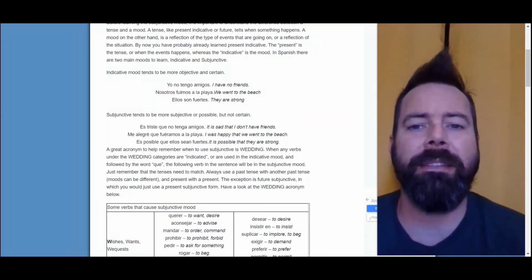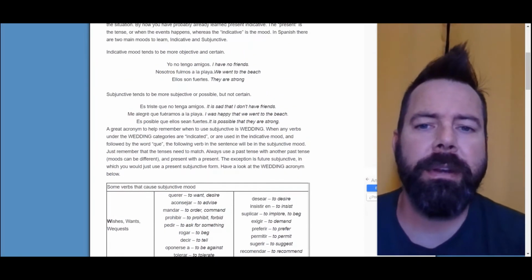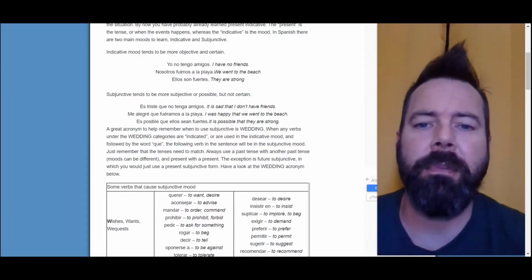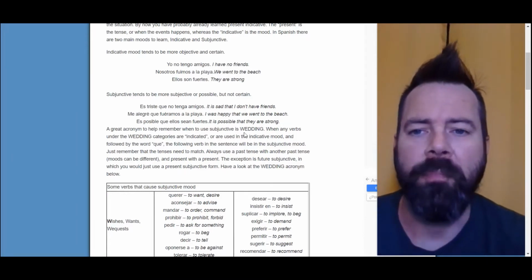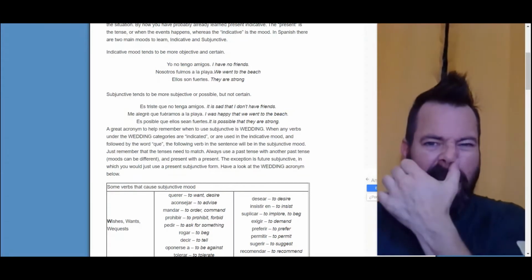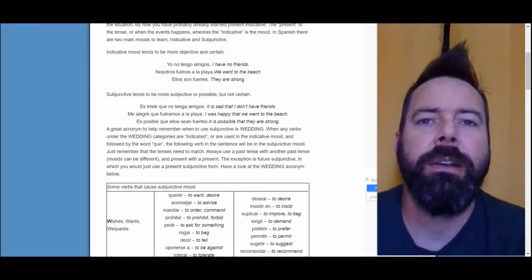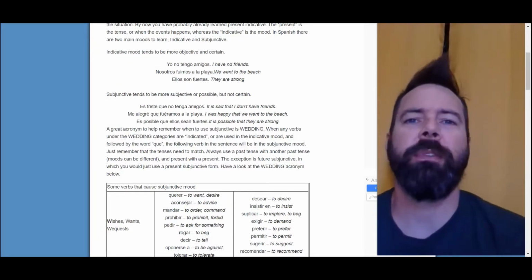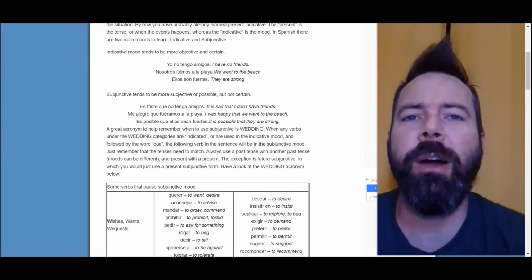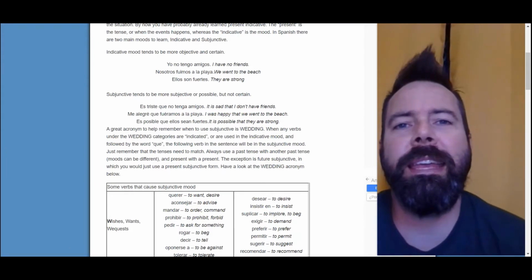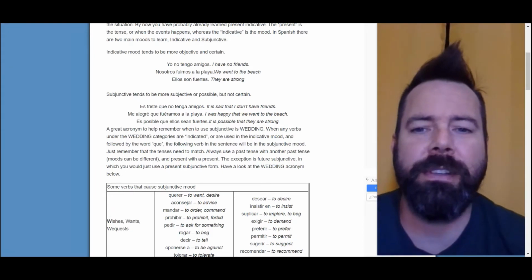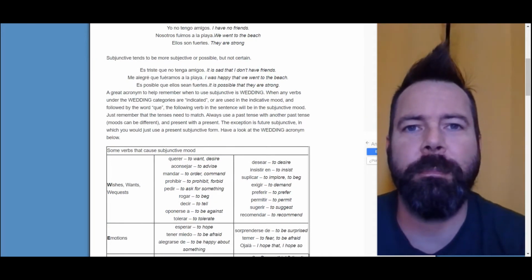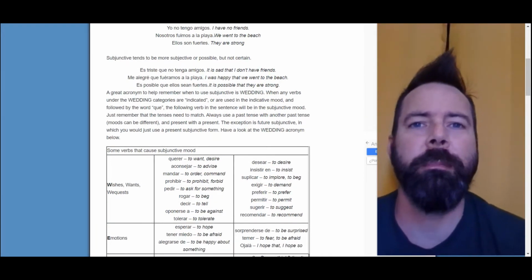So in order to best understand this, I'm going to tell you a story. It's a silly story. It's ridiculous, but it helps you understand the wedding acronym. We need to pretend we have two people: Juanito and Chela. We'll go with those names because those are good names. Why not? So we've got Juanito and Chela, and they love each other so much. Juanito is kind of whooped. He thinks Chela's the best. And Chela's like, yeah, I know, I am the best.